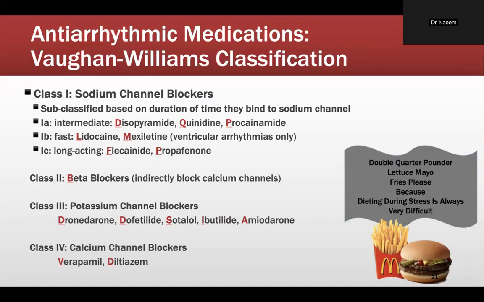Class two are beta blockers, which you are already familiar with, a class that you've seen throughout the cardio module. Class three are potassium channel blockers, and then class four are calcium channel blockers, which you've also heard of,